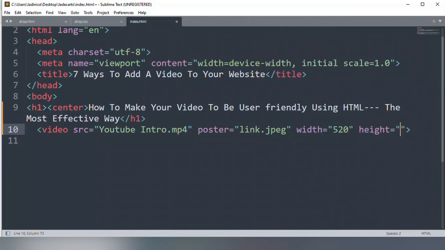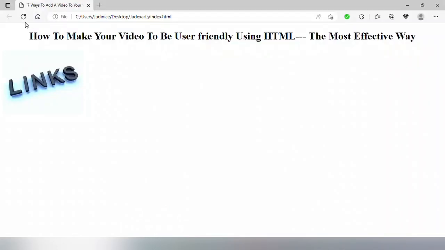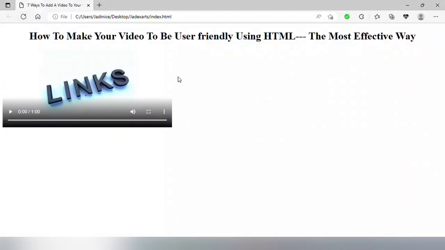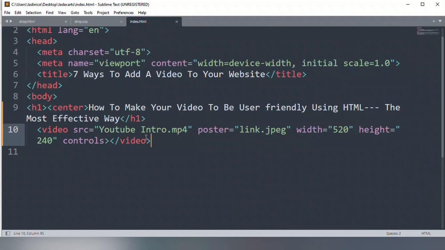The height will be 240, and then we add the controls, and then we close it. Once we refresh, you see it. We've already added the three attributes into one: the poster, the width, the height, and the controls.